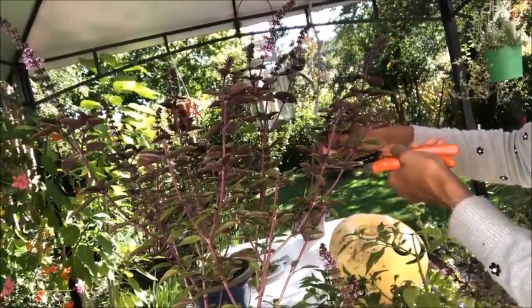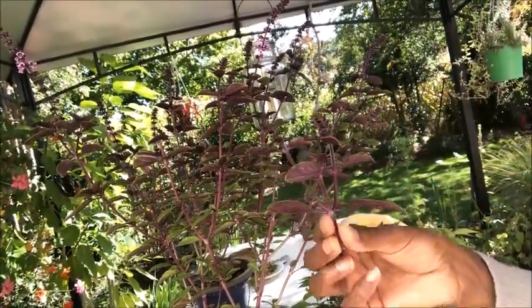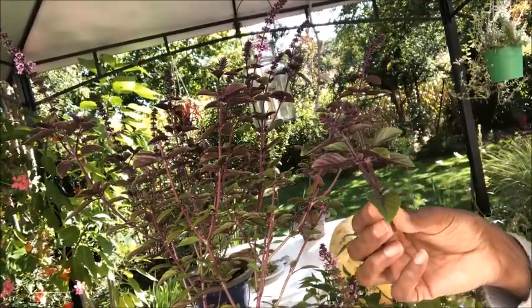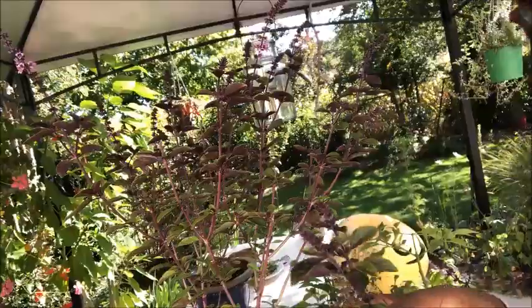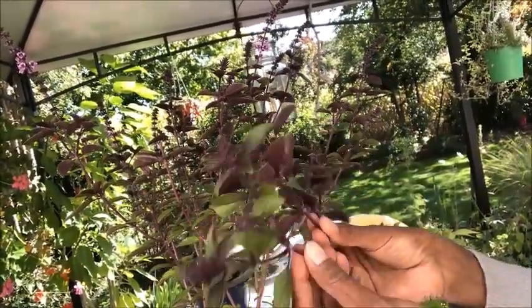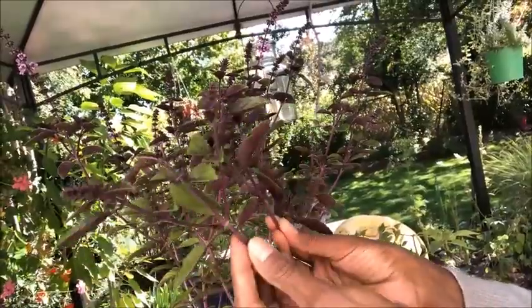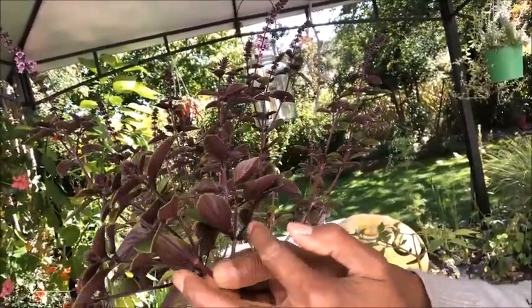and I want to do this because it's now September, sort of middle of September, and I want to have some more basil plants for the winter, so this is the right time to propagate them. So I have done 3 cuttings, but from 3 cuttings I'm going to get 1, 2, 3, 4, 5, 6